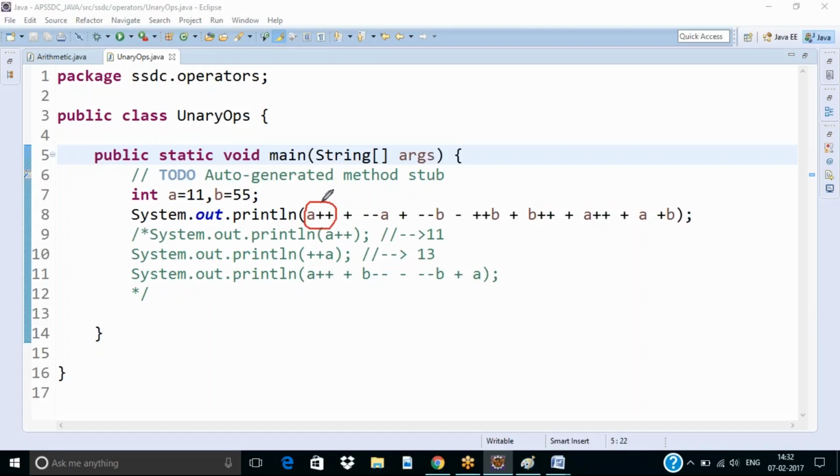Okay, so what is a plus plus? 11. After that, a becomes 12. So minus minus 12, that is 13. Next. What is minus minus b? B is 55. Minus minus b is going to be,